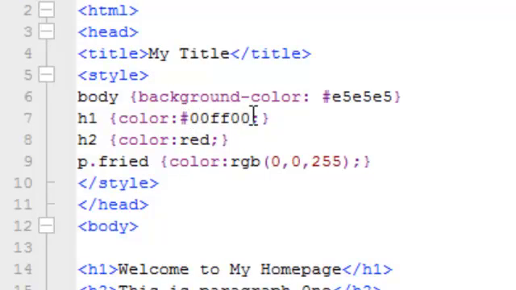The hexadecimal code, which in this example begins with a pound sign, number sign, hashtag, octothorpe, whatever you want to call it, and the color name, and the RGB, or the red, green, blue. And anytime that you're defining colors, to remain W3C compliant, you should also go ahead and define the body background color as well. That's why I went ahead and put this up here. Even though this E5, E5, E5 hexadecimal code is pretty close to white, I made it just a little on